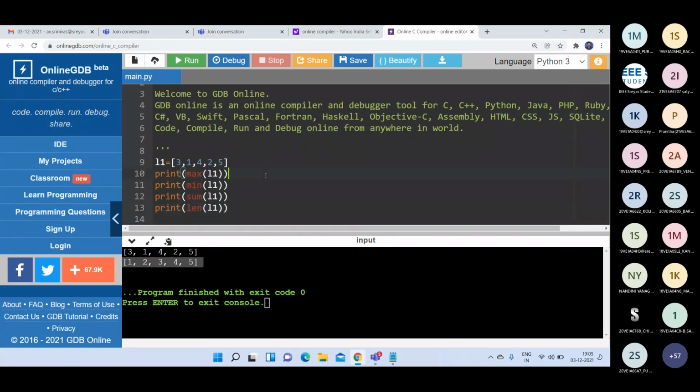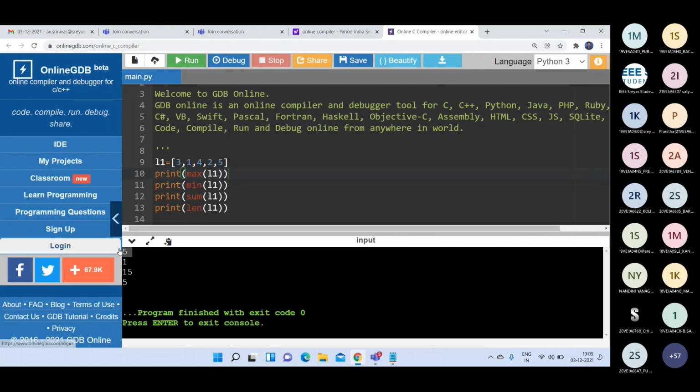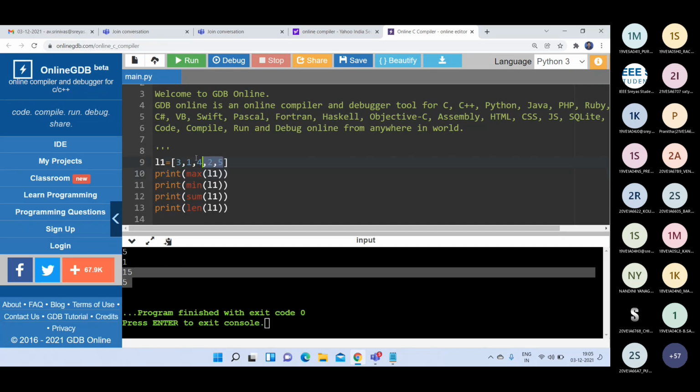See here, maximum element is 5, minimum element is 1, sum of all these 5 elements is 15, and length of the list is 5. We have only 5 elements here. Like that you can find out the maximum element, minimum element, sum of all elements, and the length of the list also.